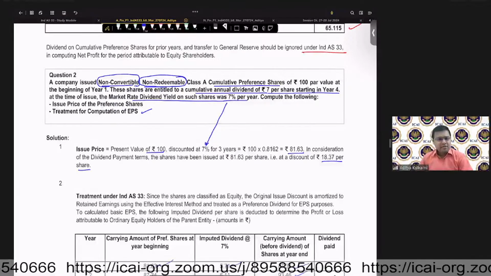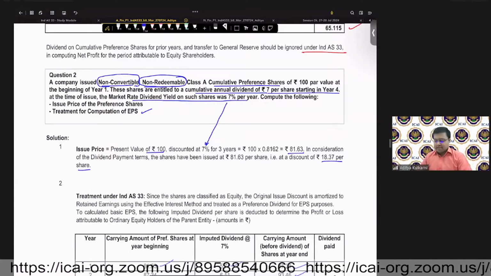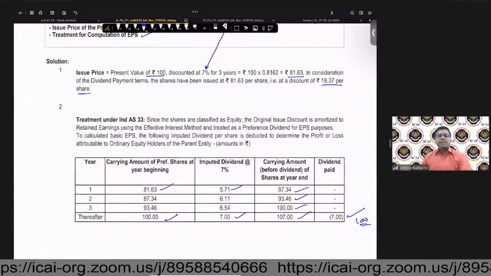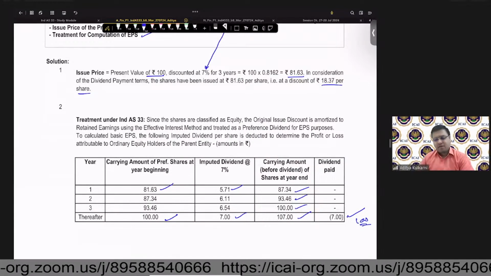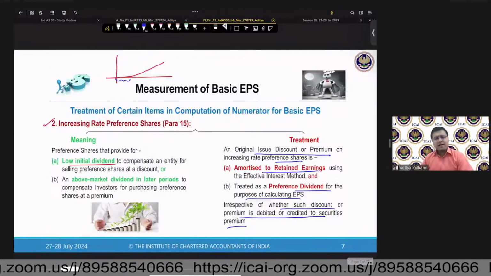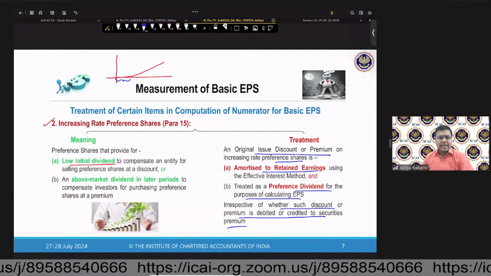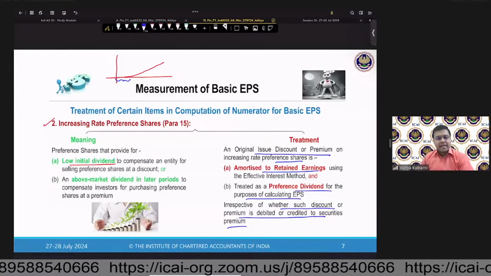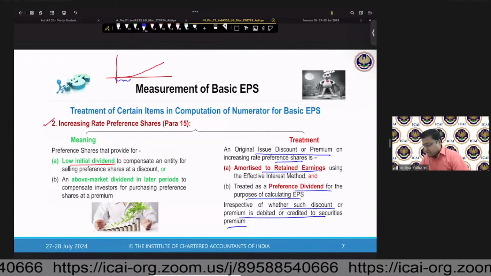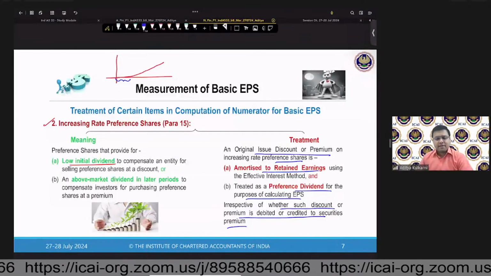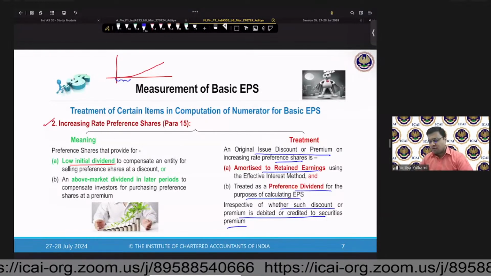This is directly taken from the Ministry of Corporate Affairs standard. You can check, this example also is there. So it's purely academic, but it does conflict with our understanding of financial instruments. Okay, so with that, that is your increasing preference dividend. Whatever is amortized to retained earnings, you will obviously take it as a reduction. It could go to retained earnings directly, it could go to securities premium directly, it doesn't matter, but you will be taking it as an item of adjustment for EPS.